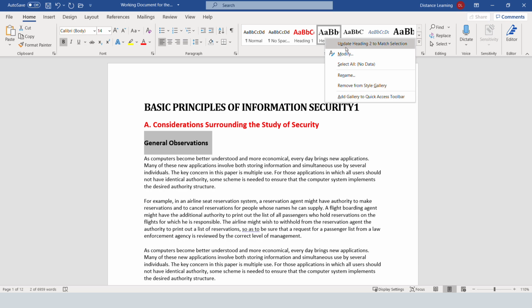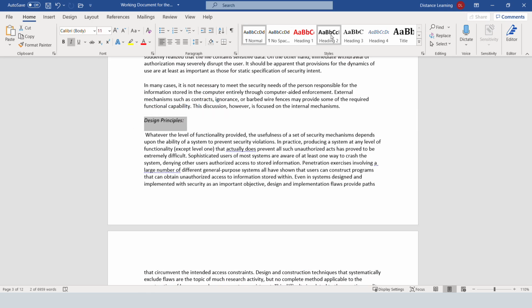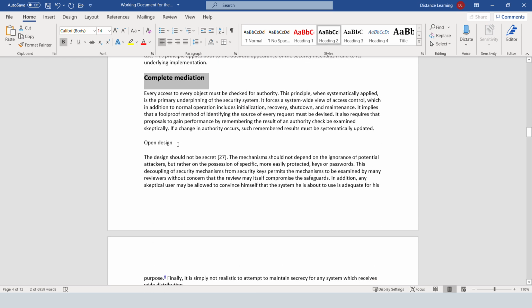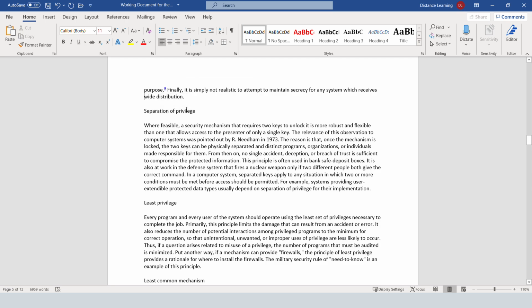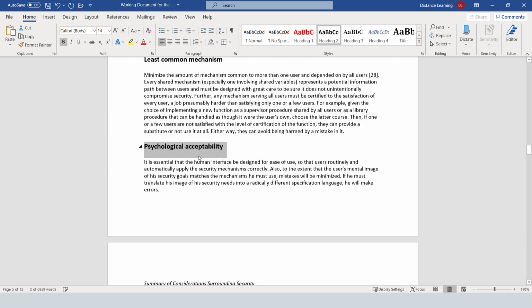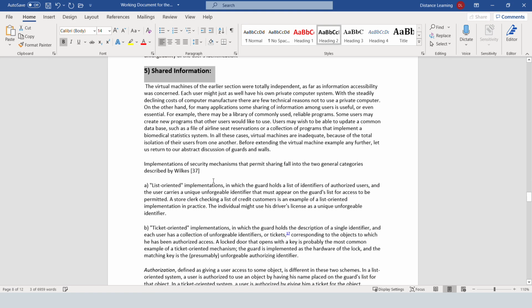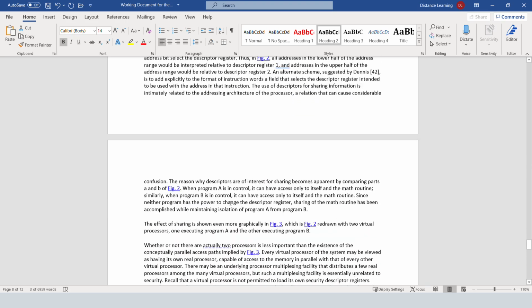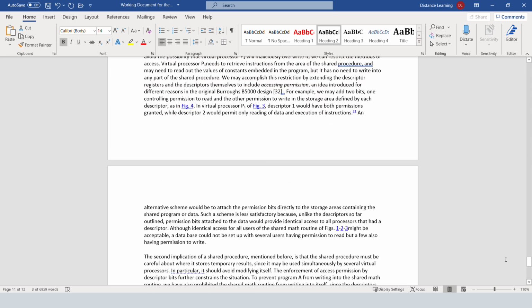You can right-click, choose Update to match the selection, and then I go elsewhere in the document and choose heading number 2. Notice it saves you time, and it provides consistency throughout the document. Obviously, this has to do also with the layout of the document, so you don't want to just select those levels randomly, but you want to apply them depending on how the document has been organized. So now, if I go to the top,